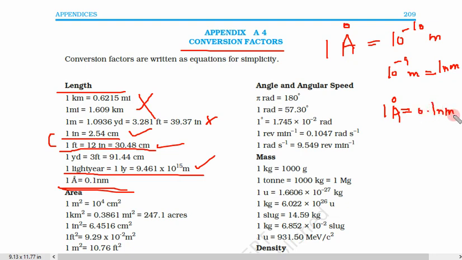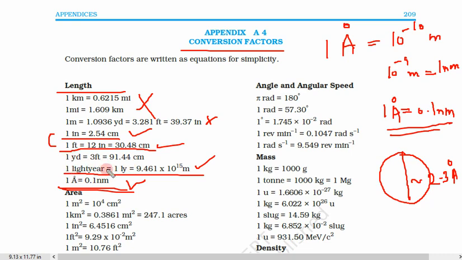So this is much smaller than nanometer. Why is angstrom used? Because the size of an atom is typically 2 to 3 angstrom. That's why angstrom is an important quantity, so we must know angstrom. Light year we also must know, because distances of stars and galaxies are measured in light years. Also inch and feet are quite important. So write these four: 1, 2, 3 and 4. These four are very important.